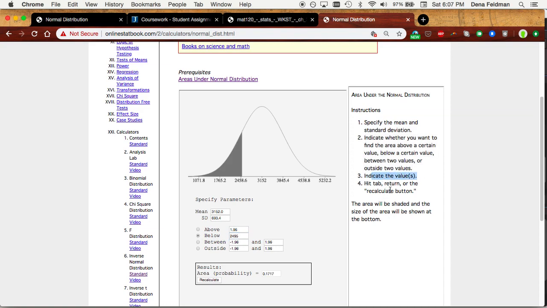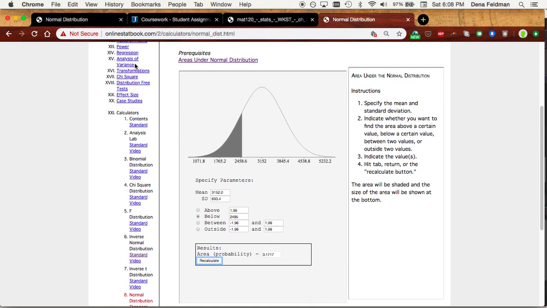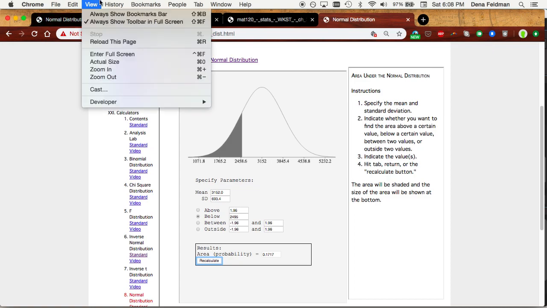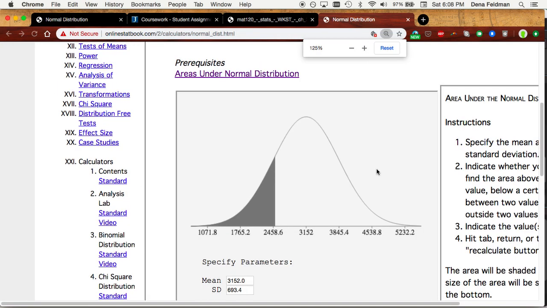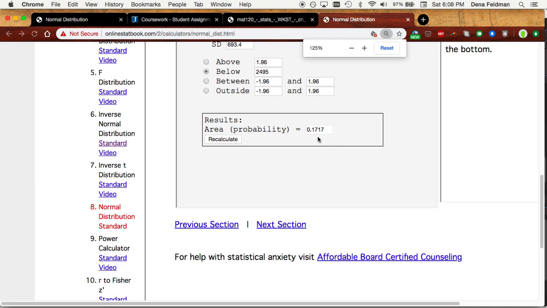And so step 3 was indicate the values. That's what I did when I typed in the number 2495. You can already see the picture. And hit tab, return, or recalculate, and the area will be shaded, and the size of the area will be shown in the bottom. You can see down here the result, the area, the probability, is this number in here. If I want to click recalculate, then it might show up again. And if I zoom in a little bit on this window, if I zoom in some more, you can see, I'll scroll down, the number is